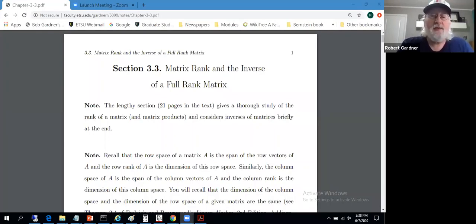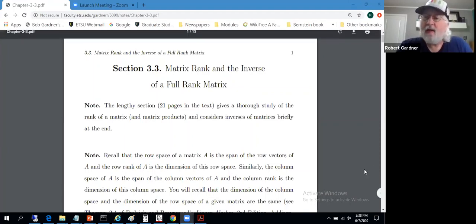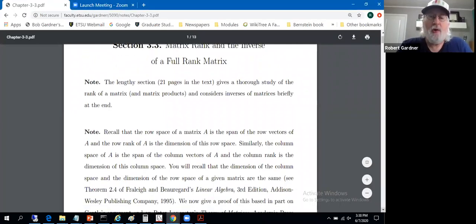Okay, on to section 3.3. This is a bit of a lengthy section on the rank of a matrix. We'll run across inverses of matrices around the end of the section. Systems of equations will pop up in the discussion as well. Okay, recall